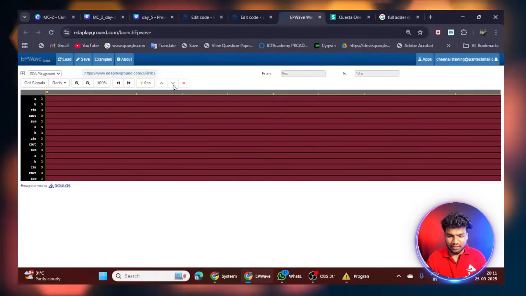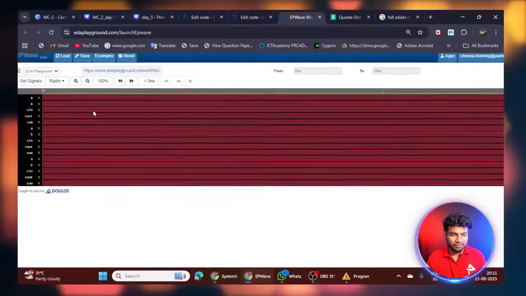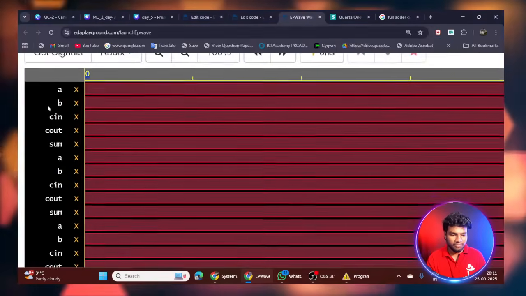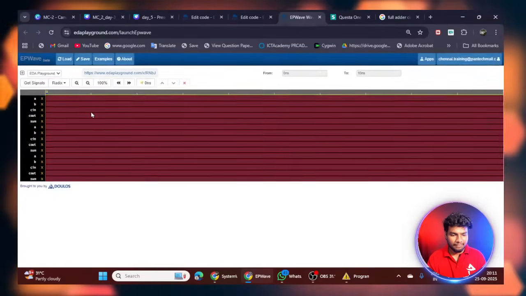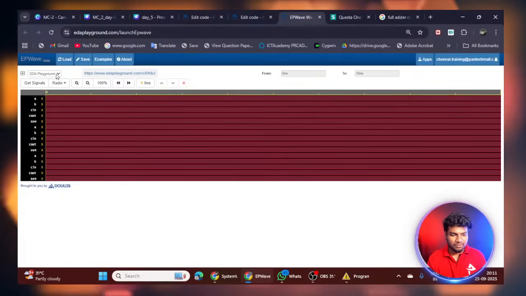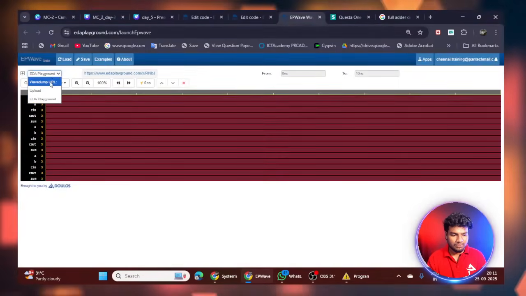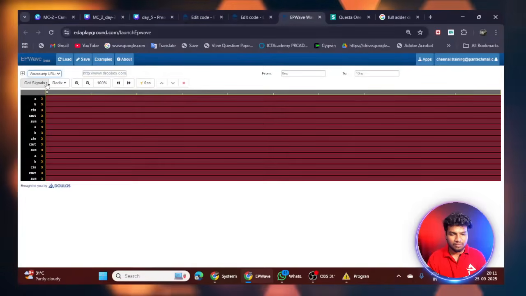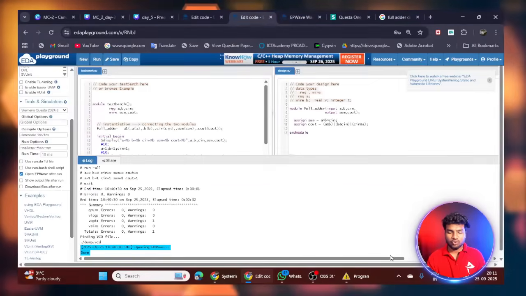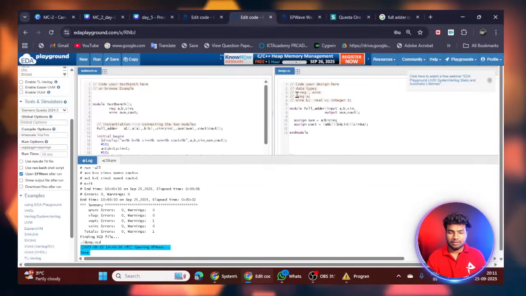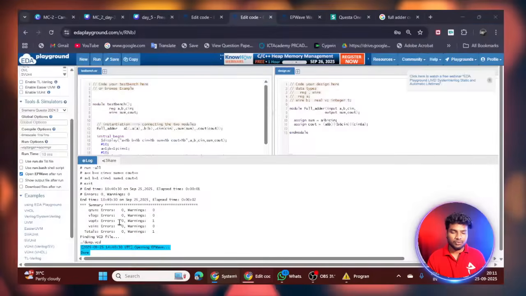But it's showing some error here. It didn't see any waveform windows. So I will show you in Costa Sim. I will use another tool.